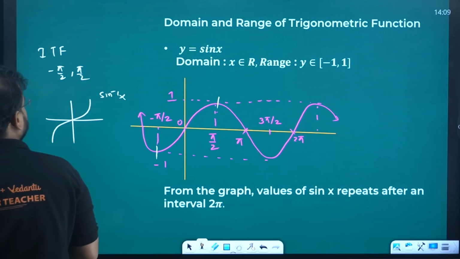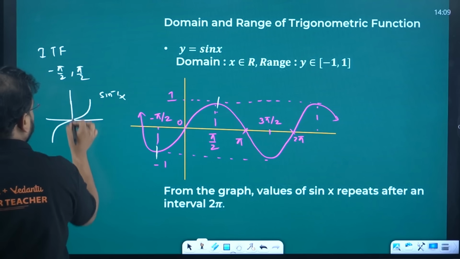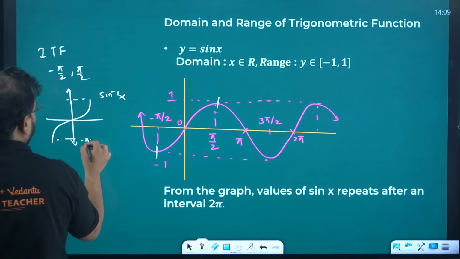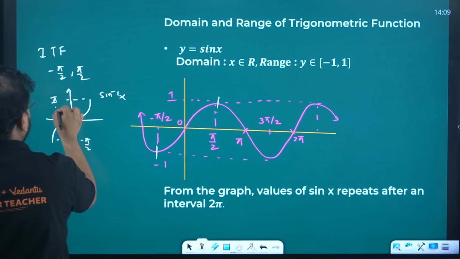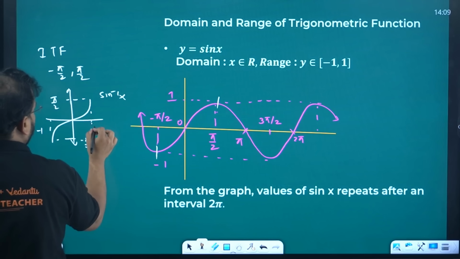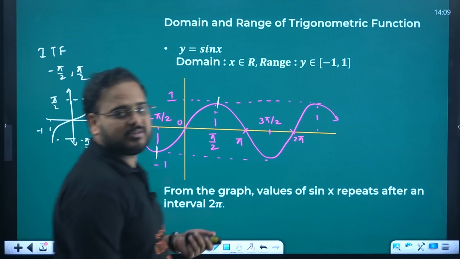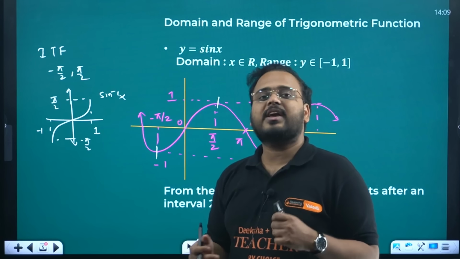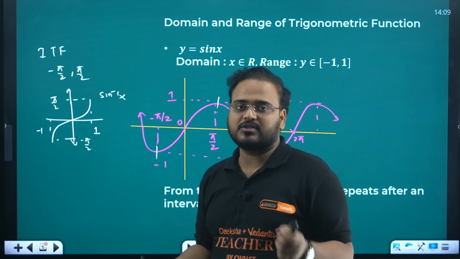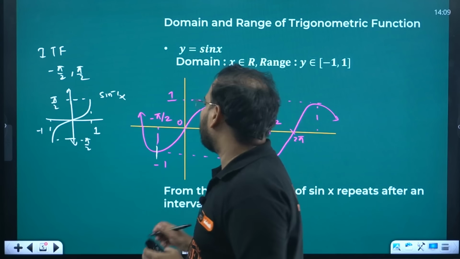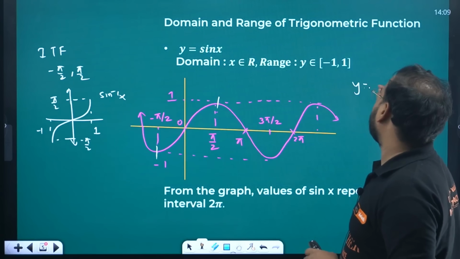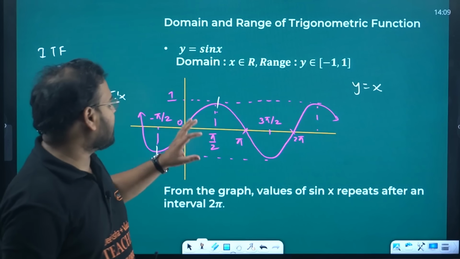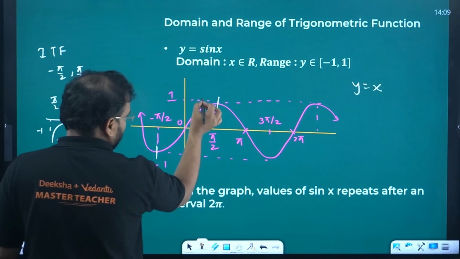Sine inverse of x is this, whereas in the vertical format, just giving you a reference over here, this output value is what? Minus pi by 2 to pi by 2, and the input value is what? Minus 1 to 1. This is just a reference that I've given you for the sine function. Basically, to draw the inverse of any ITF, or any inverse function, just take the image of the original function across which line? Across the line y equal to x, because any inverse function is what? When x and y interchange. So whenever you take the image across this line, basically over here,